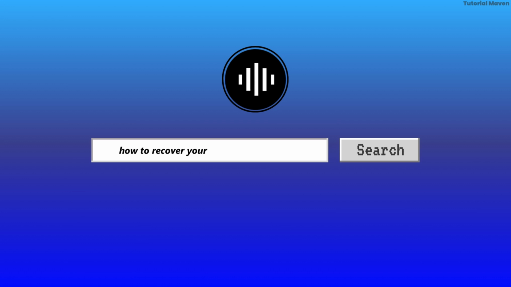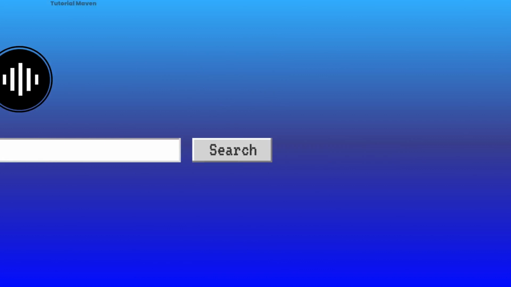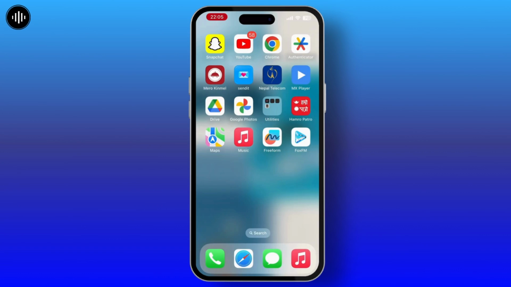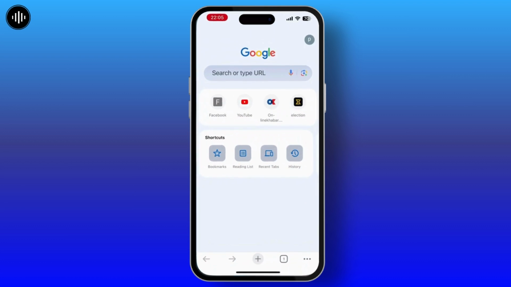How to recover your forgotten password. If you have forgotten any password of your application or website, and now you want to get it back, then this video is for you. For that, simply open your Chrome, then on the top right you will see your profile